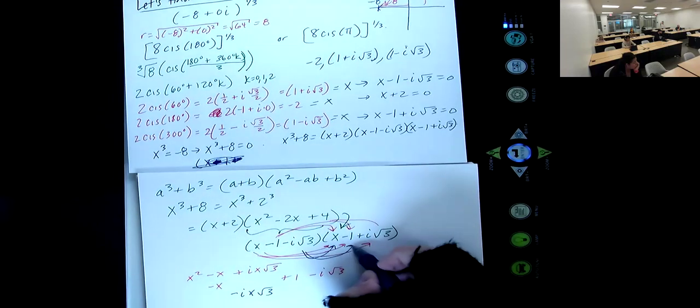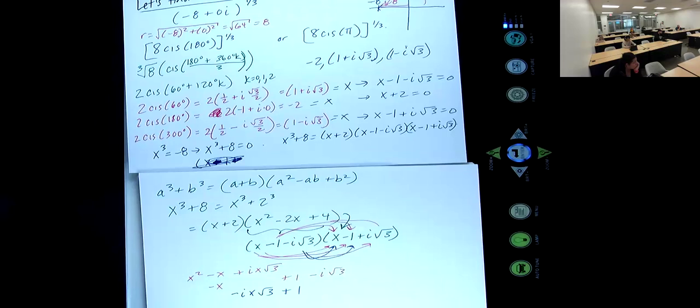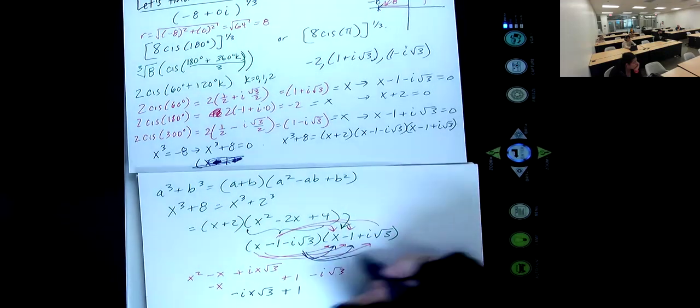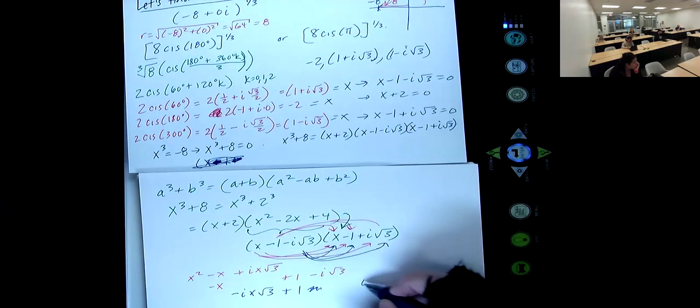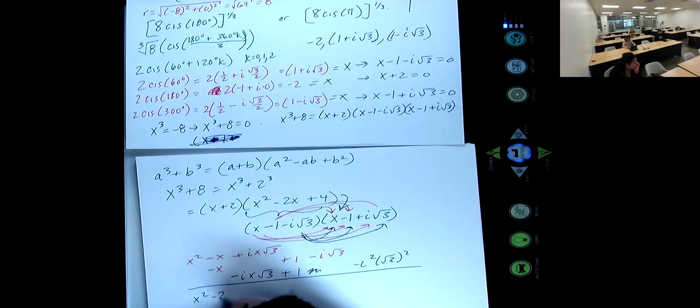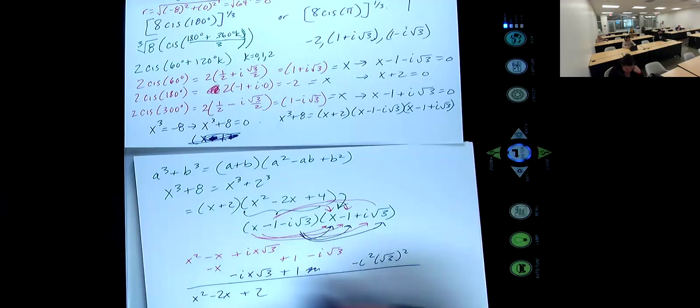Negative 1 times negative 1 is plus 1. And negative i root 3 times that is negative i squared times root 3 squared. So I've got x squared minus 2x plus 2